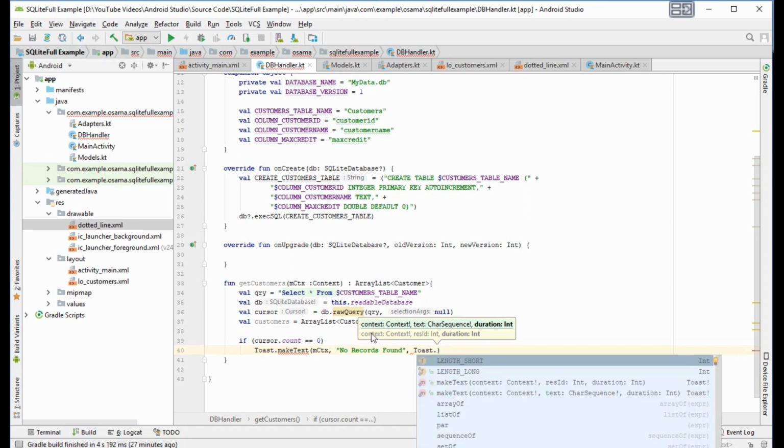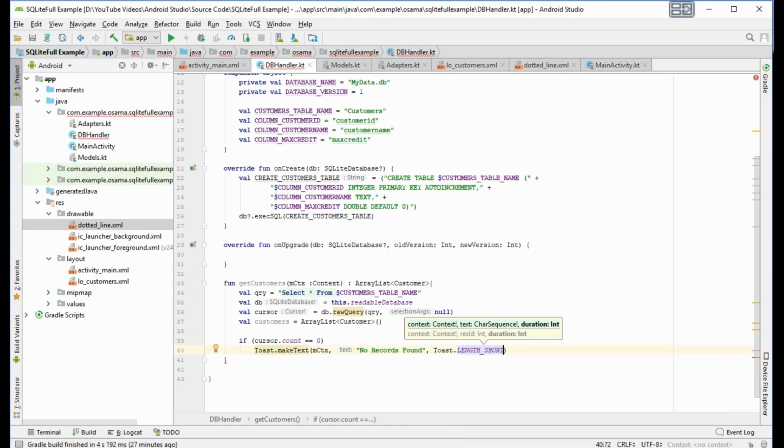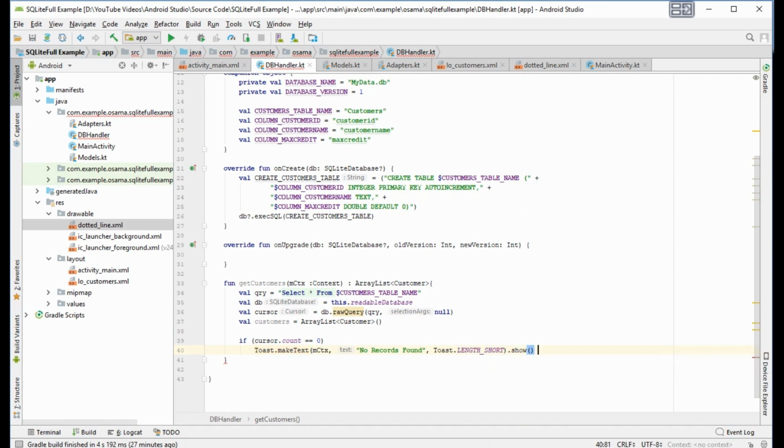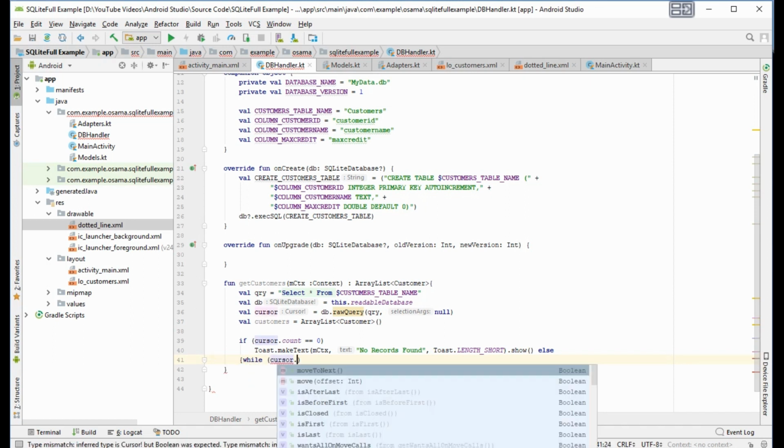Toast dot LENGTH_SHORT dot show. Else we will give it while cursor dot move to next.